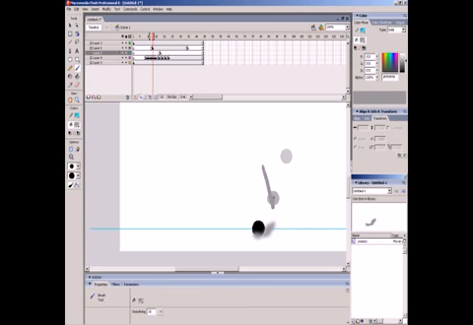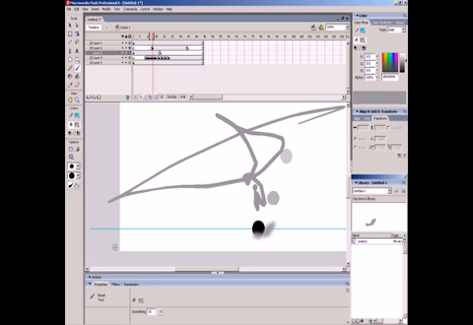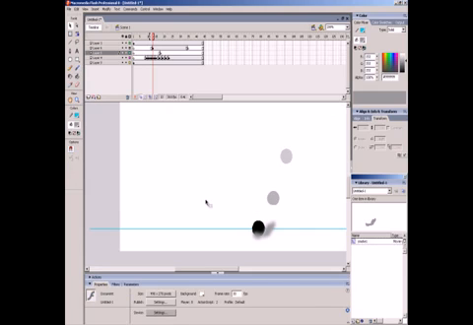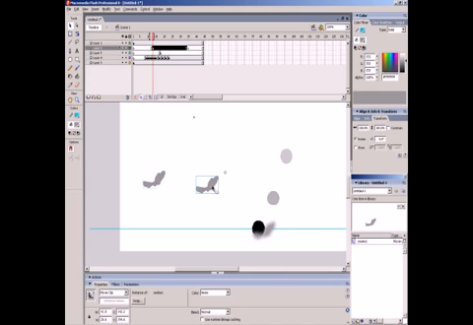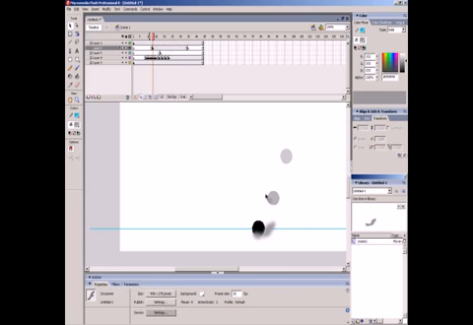I use this a lot because I was way too lazy to actually make the smoke, and I'm just like, I don't really want to do this right now, so I just did this a lot. Reused it because I have the movie clip here. I can reuse it and stuff. It's very efficient, and